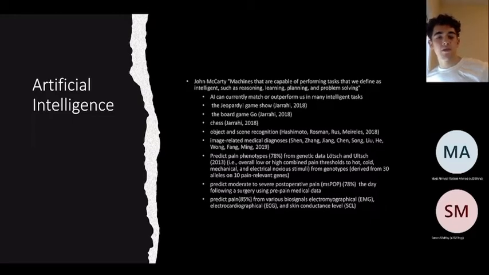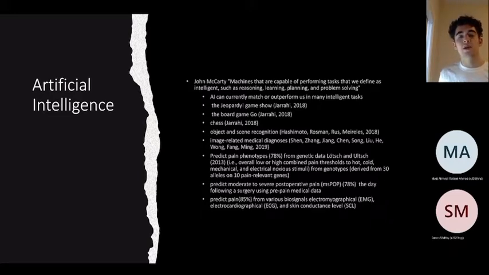AI have also been used for image-related medical diagnosis, for example, on MRI. I've also seen AI systems like robotics being able to successfully do surgery on pig abdomen at a comparable level as actual surgeons. Some interesting stuff that I wrote about in a previous essay was their ability to predict pain phenotypes.